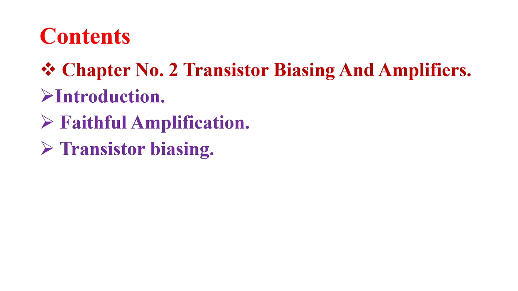Now next, that is the base. The middle region of the transistor is called the base. The base is lightly doped and very thin. It passes most of the emitter injected charge carriers to the collector. In most transistors, the collector region is made physically larger than the emitter region. This is due to the fact that the collector has to dissipate much power.